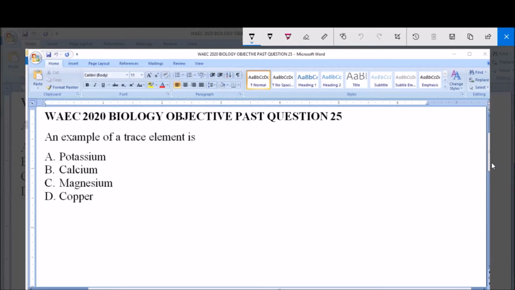An example of a trace element is A. Potassium, B. Calcium, C. Magnesium, D. Copper. So, trace elements